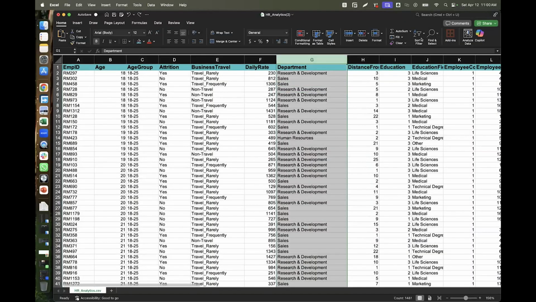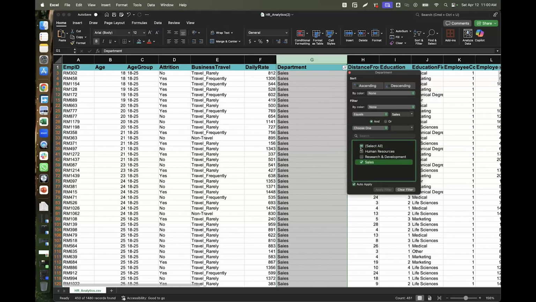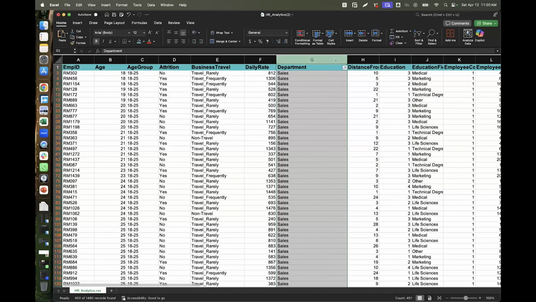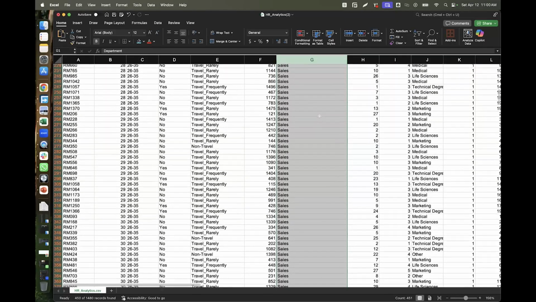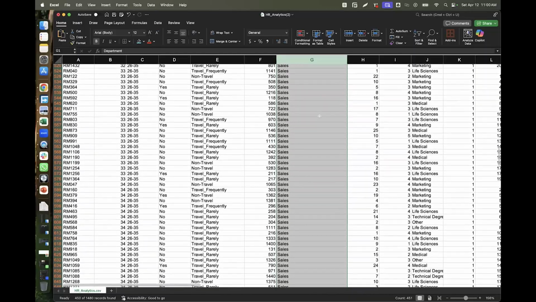So in this sales department, I want to understand how many people are in it. I'll come here to filter. As soon as I come here to filter, you notice that it has this small drop down arrow. When I click this drop down arrow, I can filter and say I just want to see only people who are in the sales department. When I clicked on it, what did you notice? If I scroll down, did you see any other department there? No. Great.